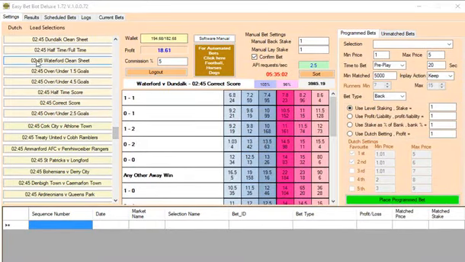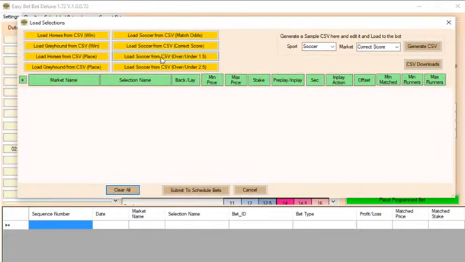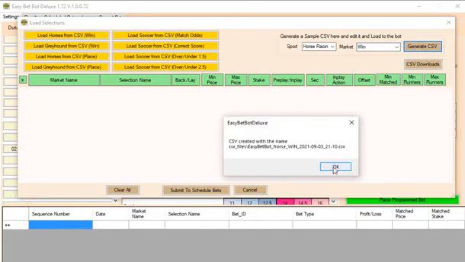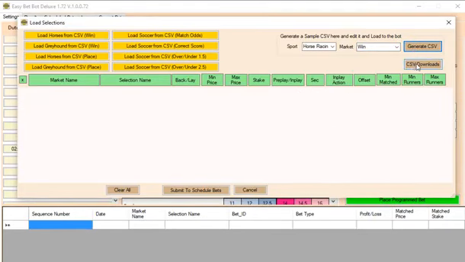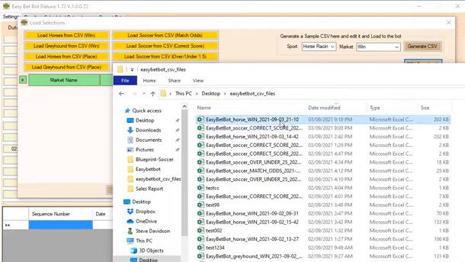let's have a look at how to use the CSV and Excel options. So this is where we go to load selections, and we come up with another pop-up screen. Now on the left hand side here, this is where we put the CSV into the bot to do the betting, and on the right hand side, this is where we actually import a CSV. If we go to horse racing wins, we can import the next 24 hours of all the horse racing that Betfair is covering. So if we click on the CSV now and open this file,